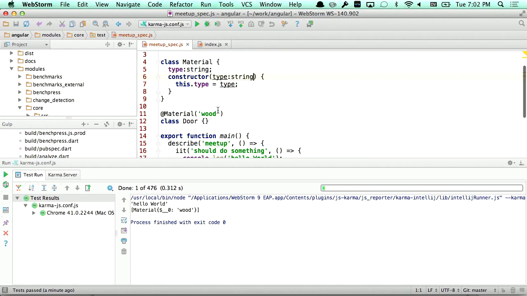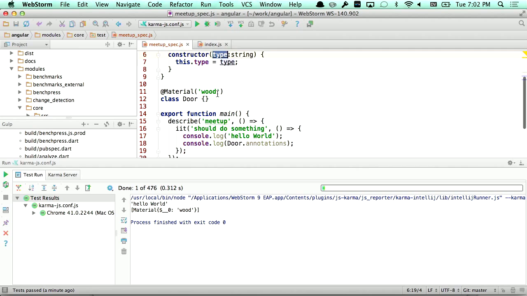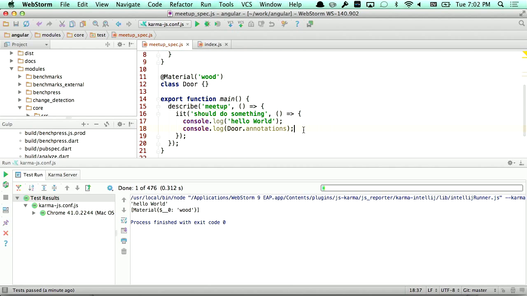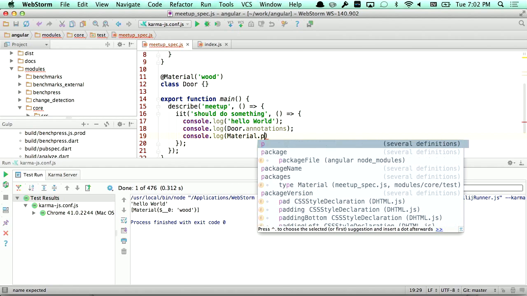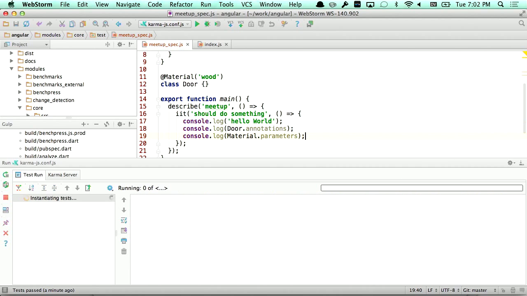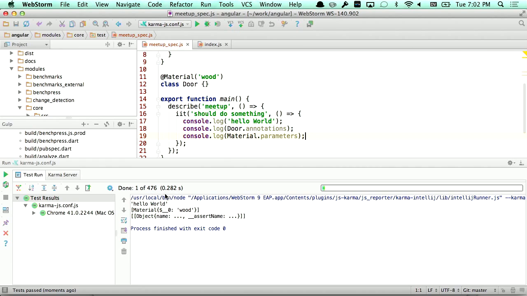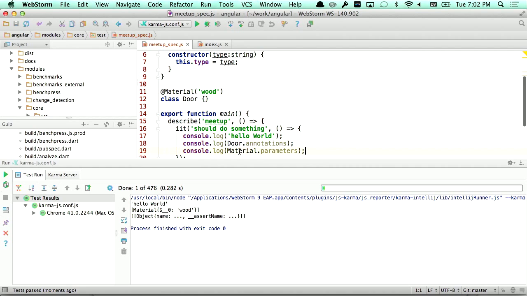But let's do one more interesting thing we can do with Atscript. Notice the material takes a string type. And just like we can do introspection, which means we can at runtime look at the content of what we have, we can do something similar and look at the parameters as well. And notice in this case, it's not very helpful because string is a special type. Okay, let's do something more fun.